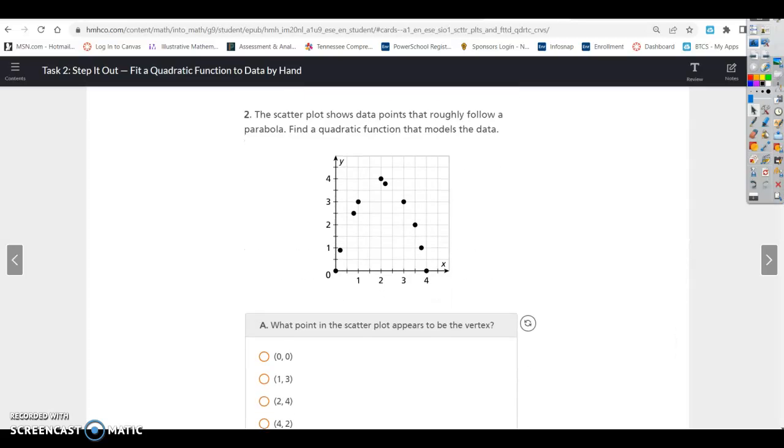The scatter plot shows data points that roughly follow a parabola. Find a quadratic function that models the data. All right, so you can see a parabola here. If you were to sketch that curve, it is upside down, so we know that it is negative. And we can see certain points here that represent this